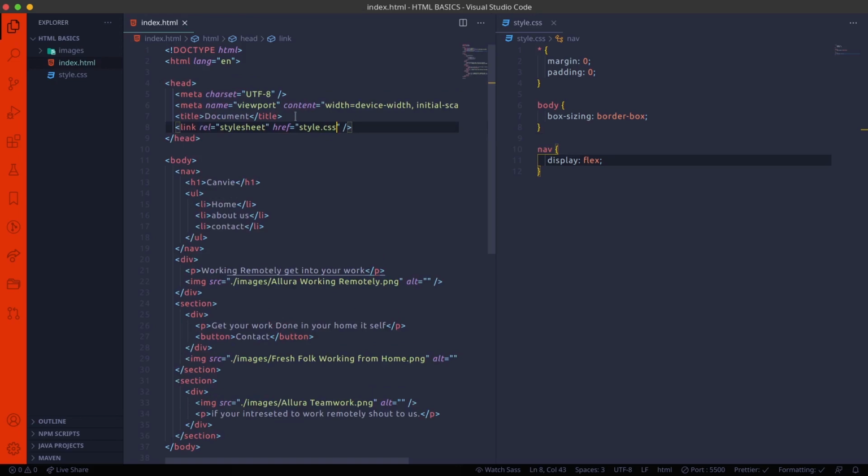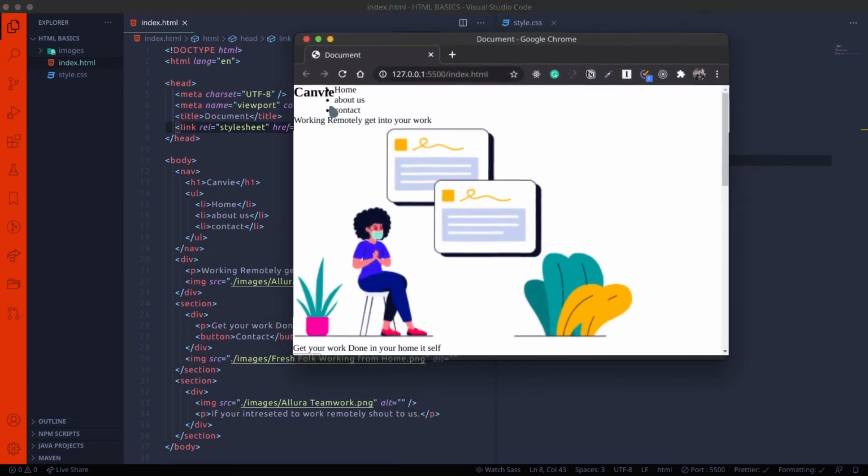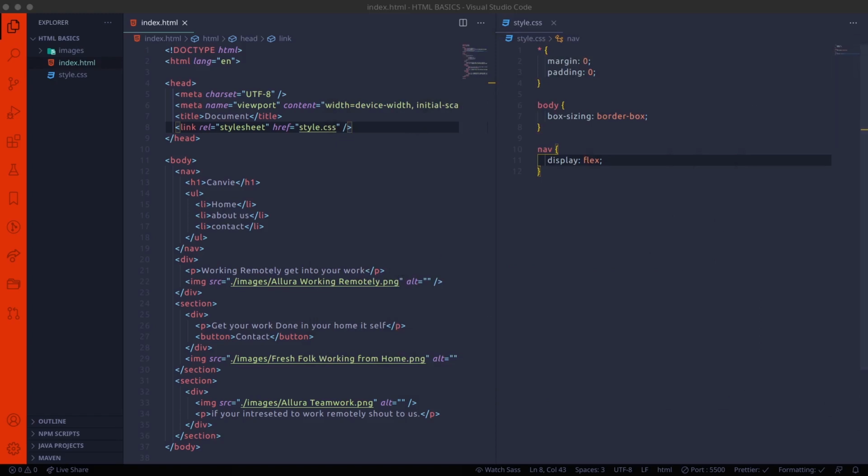Here the href means we are referencing the document. So I'm typing style.css. Now you can see that both are in the column section. Before that it was in a row, now it is a column.